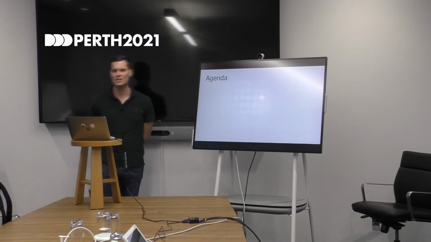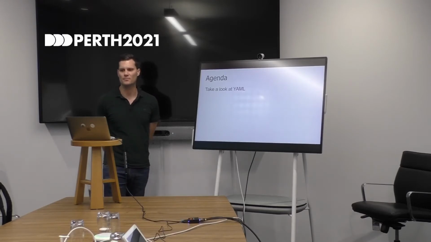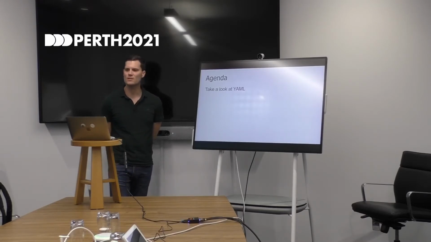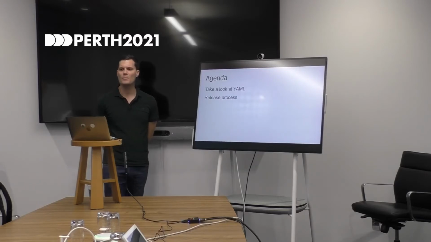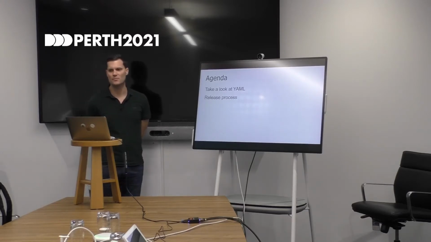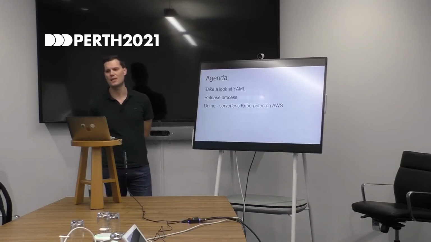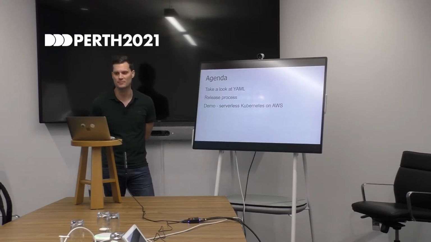So let's have a look at the agenda today. First of all, we're going to take a look at YAML. We're going to consider both some good things and some not so good things about it. We'll look at some specific grievances that Kubernetes users have with YAML and how these can be overcome using popular programming languages with CDKs. We'll compare the release process for infrastructure as code to that for traditional software applications. And we'll consider why YAML makes sense as a release artifact. Finally, we have the serverless Kubernetes demo using AWS EKS and the serverless compute engine AWS Fargate.